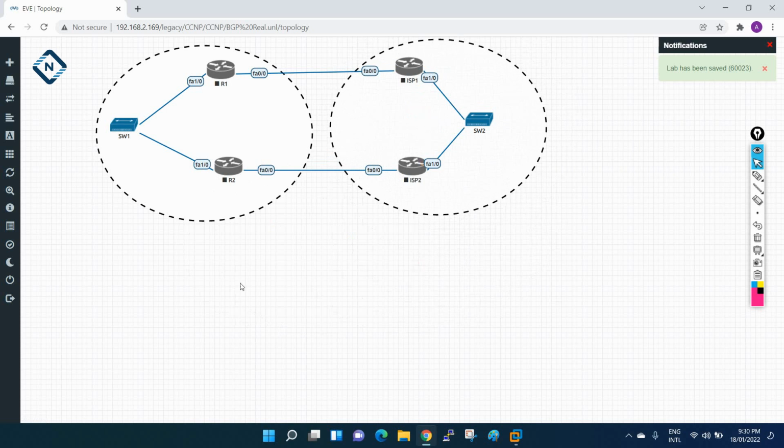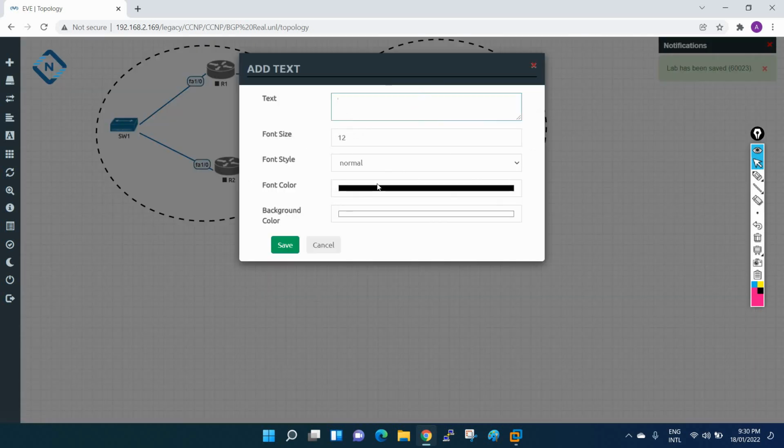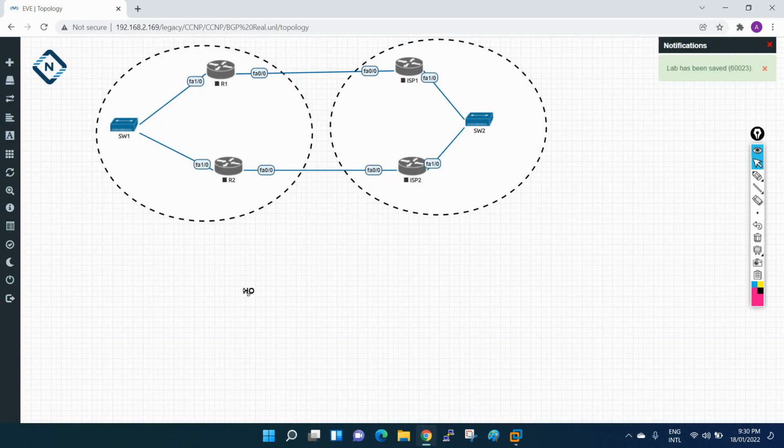What you need to imagine here is that this is the office, the head office. I will write HO, size 15. Let me increase the size.